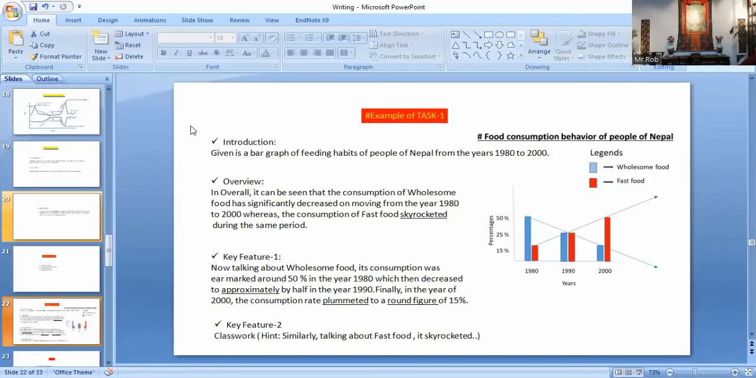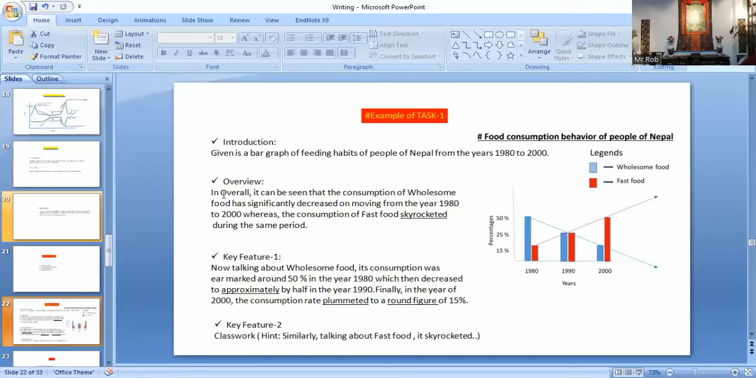Introduction. Given is a bar graph of feeding habits of people of Nepal. Remember, we are not doing the copy pasting. We are just paraphrasing it in our own words. Given is a bar graph of feeding habits of people of Nepal from the years 1980 to 2000. Overview paragraph. Overall, it can be seen that